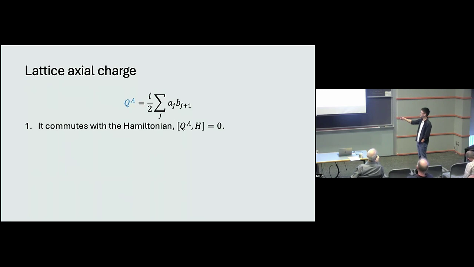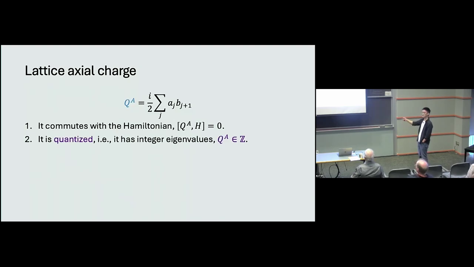Their composite, this QA, also commutes with the Hamiltonian. So these are the exact global symmetries of your Hamiltonian, of your lattice system. Second, since QA is related to QB by conjugation, a unitary transformation does not change the spectrum of eigenvalues of your operator. And given that QV has integer eigenvalues, this QA also has integer eigenvalues. So it generates a compact U1 global symmetry, an exact U1 global symmetry on the lattice.